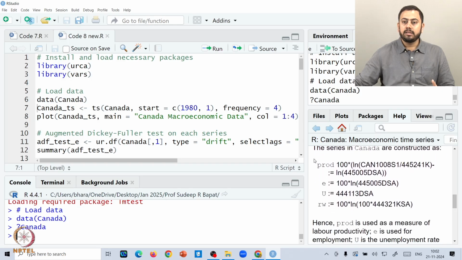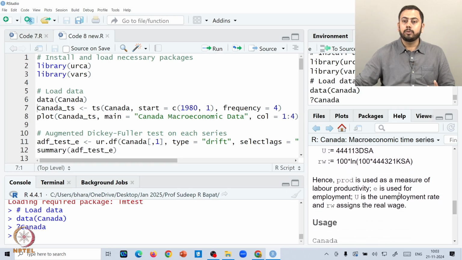Here you see the short forms of all the variables in the data set Canada, for example production, employment, etc. So this is the description. PROD, or prod, is a measure of productivity or production. E is used for employment, U is the unemployment rate, and RW stands for real wage. Okay, so hopefully the data set is clear.